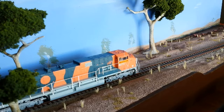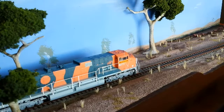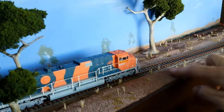So the type of ground scenery which I use, the terrain here, is a bit of a mixture of the zip texturing using powdered paint and plaster of Paris. You just mix the paint and the plaster together to get the color that you want, wet the surface, and then use a sifter to sprinkle over a layer of the plaster with the paint. Then you give it another spray with water and the plaster sets up and you get a nice solid